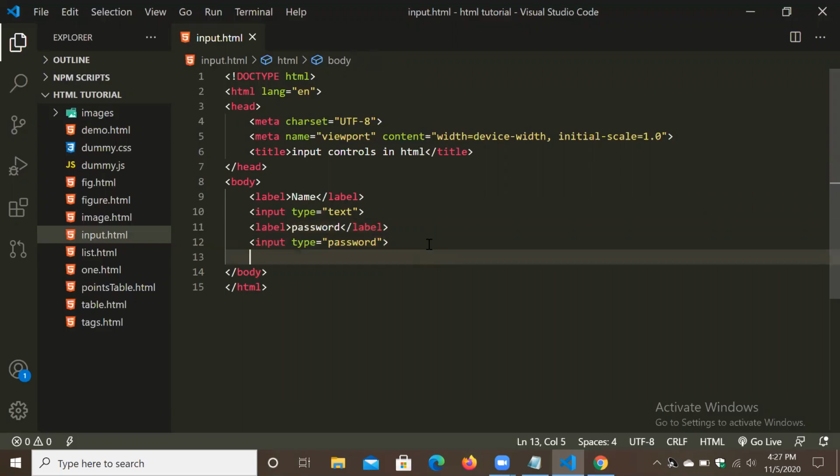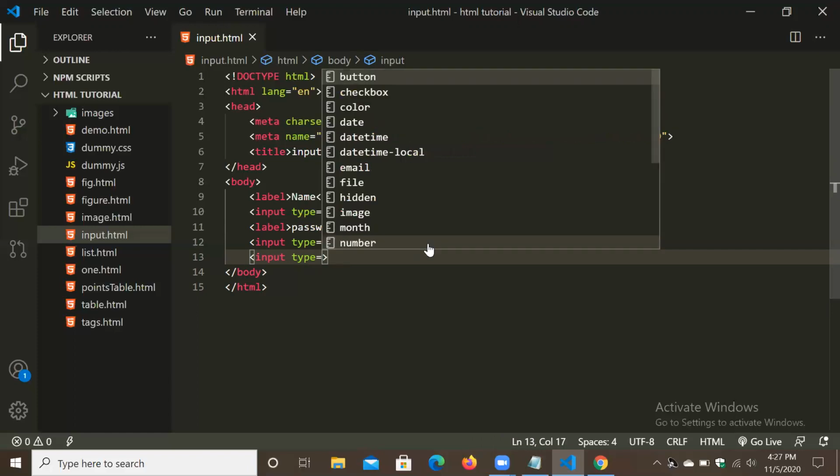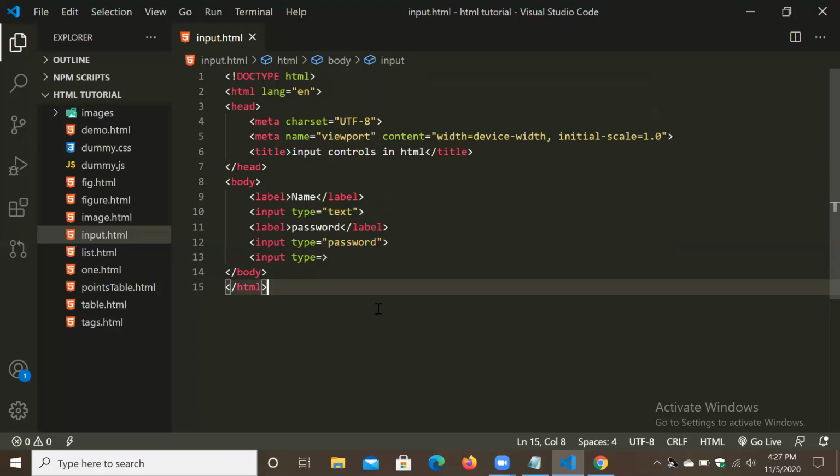Okay. Next thing, input. Okay. Input type is equal to, what we can select? Input type is equal to, look, there are so many types. Look, button type, checkbox type, color, date time, email, file. Okay. So password, radio, all these types we can select. Okay.